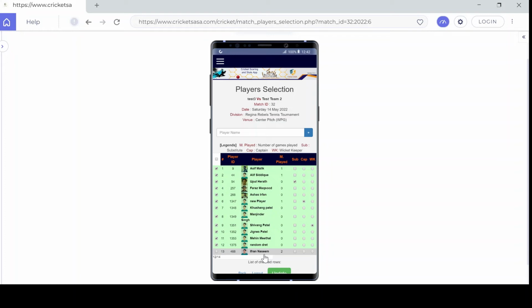You can log in at any time and go to the playing 11 selection, and you can edit this selection at any time. Like say I came back again. Say this player is not available for tomorrow. I can just uncheck it, and now I have 10 players because the 11th player is still marked as a substitute. Now, even if a player is not registered with your team, this is what I would like to mention. Still,